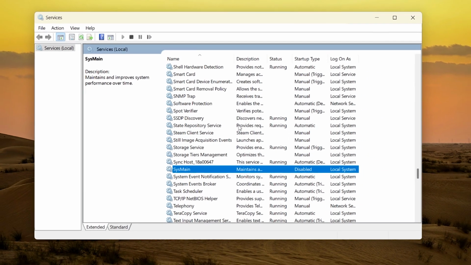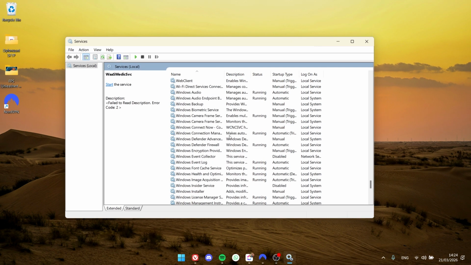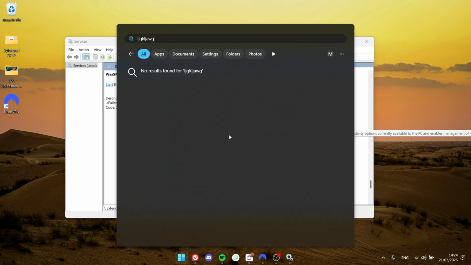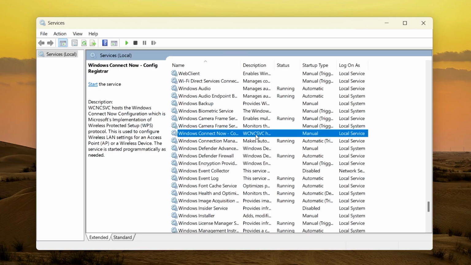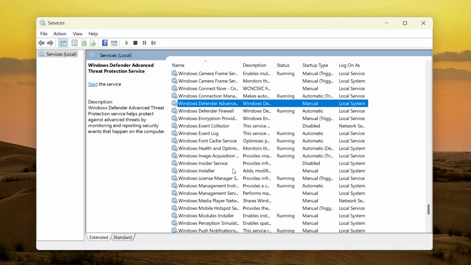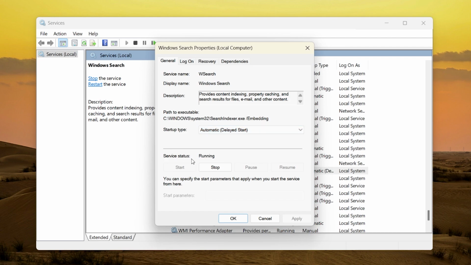if you're using an SSD as your Windows system. And the next one we need to find is, for example, Windows Search, but it really depends on how much you use this search feature. Some people I've heard don't even use this, but I do recommend that you keep that turned on. You can find it by pressing W, and then right here we have Windows Search. If you double click on it and stop it,